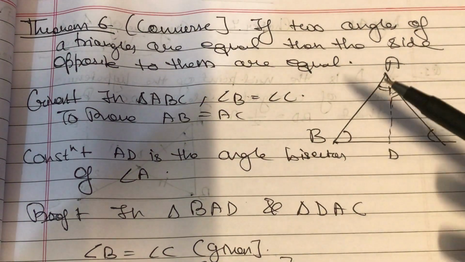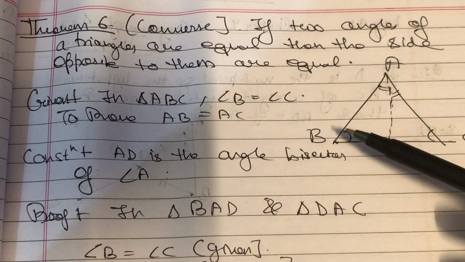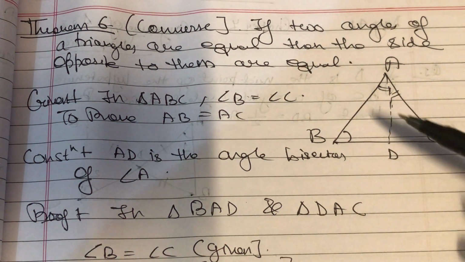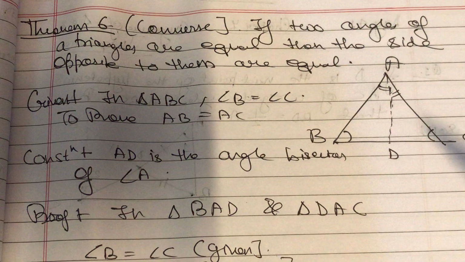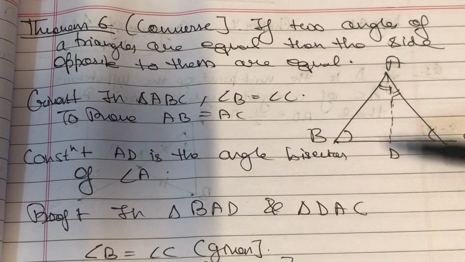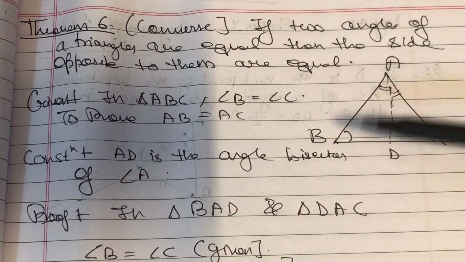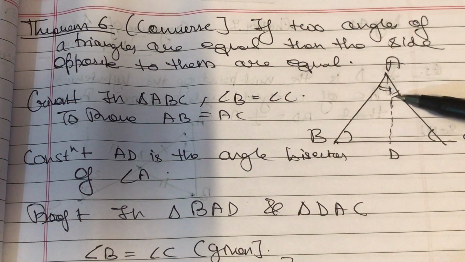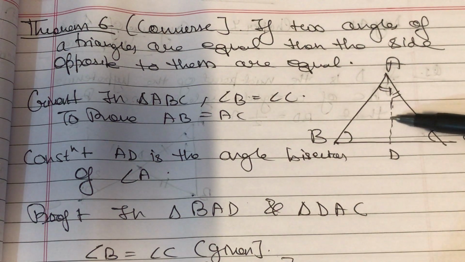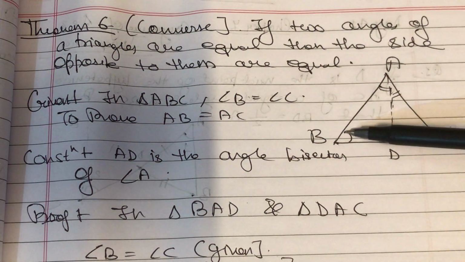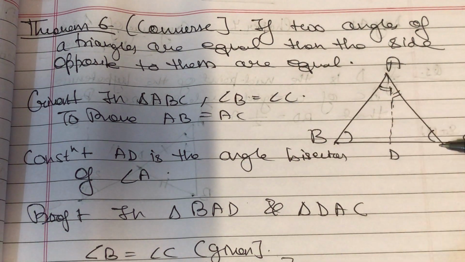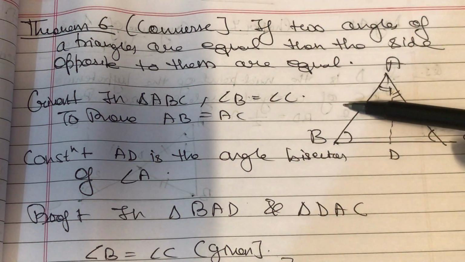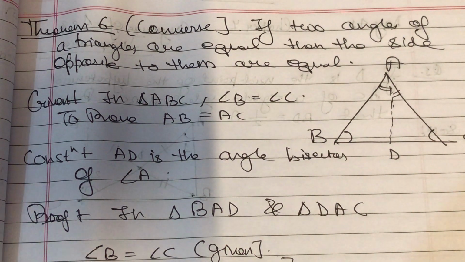And the last one for today's video is the converse of the isosceles triangle property, that if two angles are equal, given in the question, then I have to prove AB is equal to AC. Now in the triangle, again I'm going to make a construction such that AD is the angle bisector of angle A. Now in triangle ADB and in triangle ADC, this angle is equal to this, this angle is equal to this, and definitely this side AD is common. So using AAS criteria, I can say that triangle ADB is congruent to triangle ADC. Now if they are congruent, then definitely AB is equal to AC using CPCT.